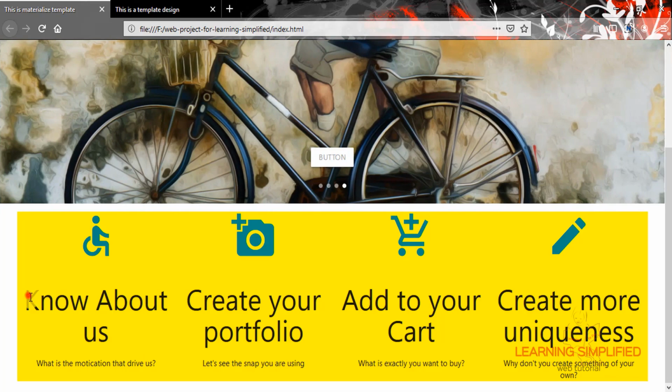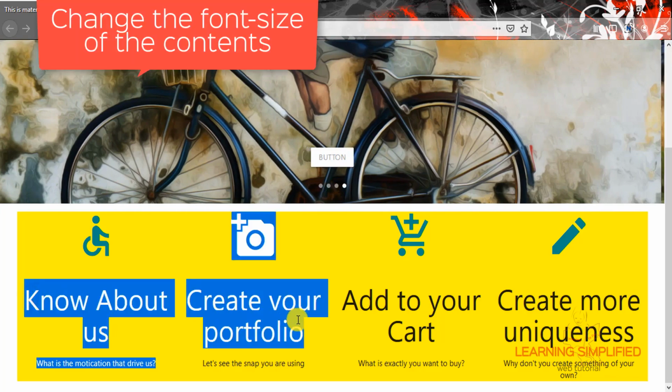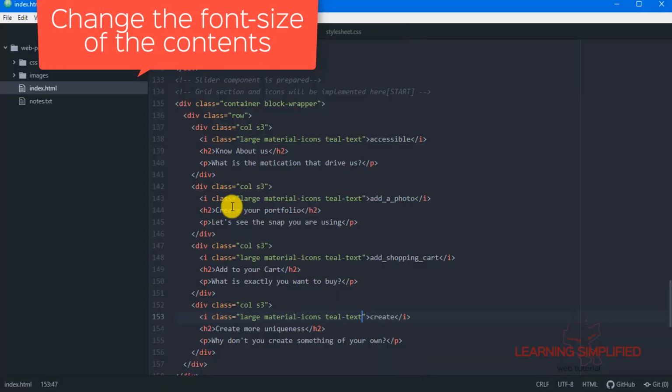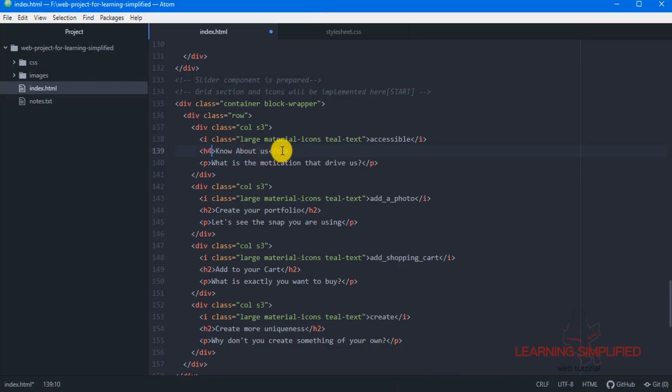In the next case, we need to change these font sizes over here. So in that particular case, as I have specified, you may use a separate header class over here, such as if you use this h4 tag instead of h2. There it goes.